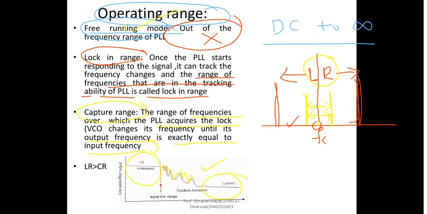This is how you divide the total operating range of the PLL into three categories. That is the free running mode, the second one is the lock range, and the third one is the capture range, right? For any given PLL, the lock range and capture range are specified by certain equations. When we look at one of the types of the PLL, there we will come to know how exactly the capture range and lock range can be defined. Okay, now